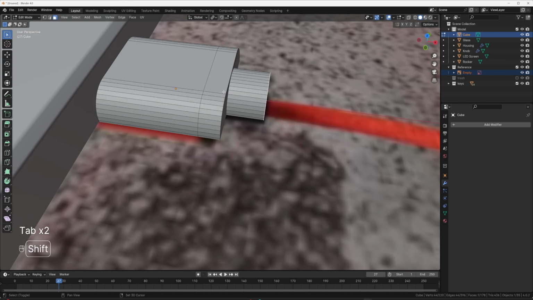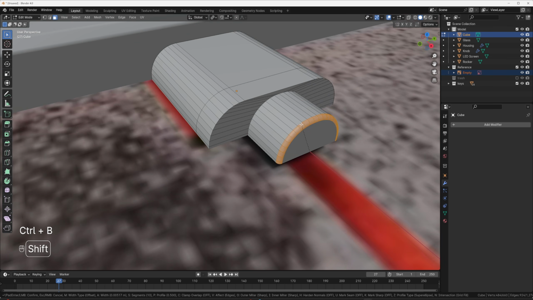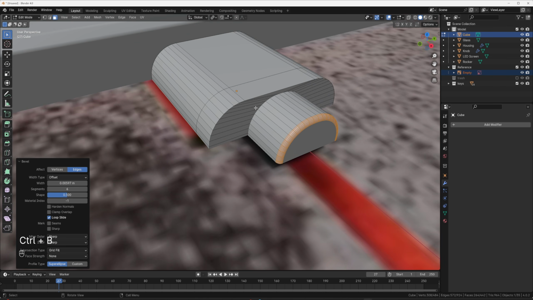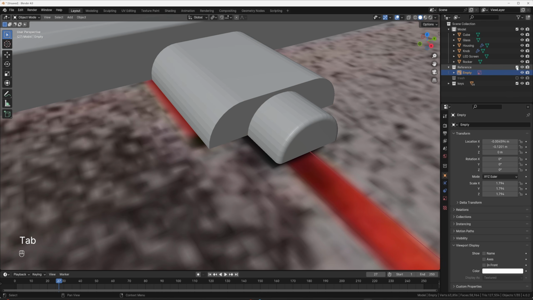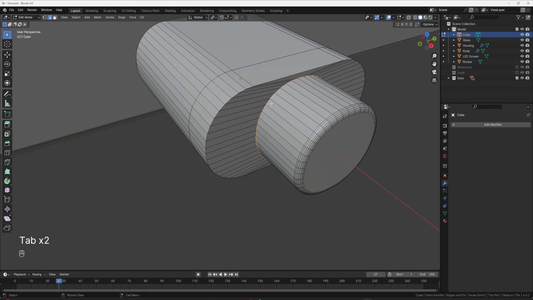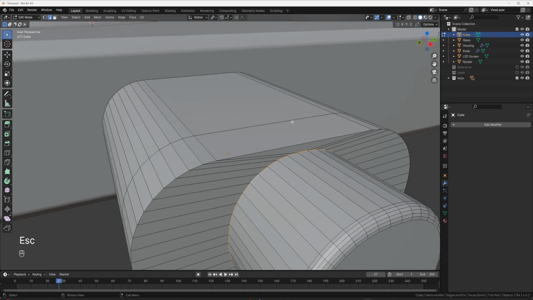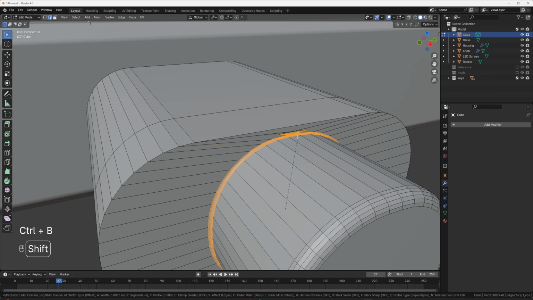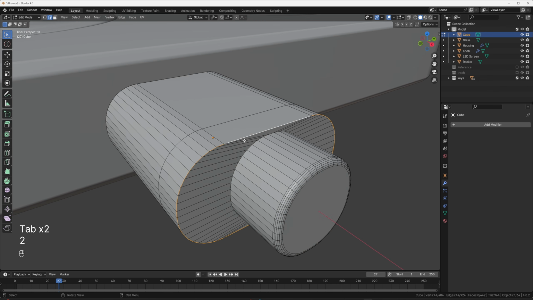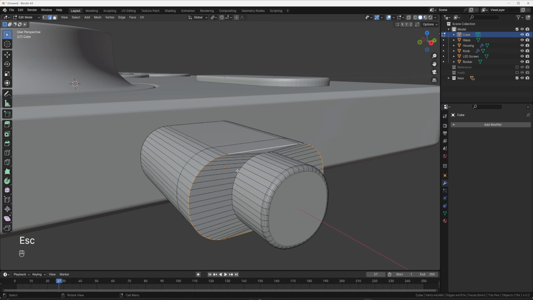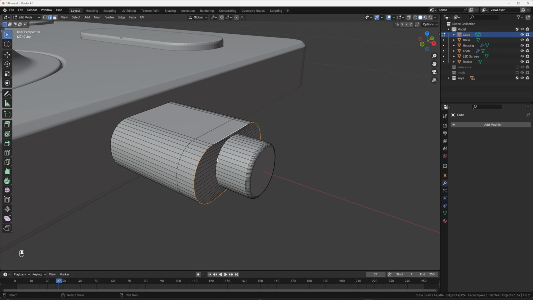And then also we can make a little bit of detail on this. Let's Control B to bevel this right here. You should be able to Alt and select this. I'm going to hide the empty. We should be able to Alt select this, and also give this a tiny bevel if we want to. But I actually don't think I'm going to do that because of the way we modeled this. Again, you would never really see this. But we can bevel this outside edge here. Control B. Because of how many faces I put, there's not even that good a reason to do that.